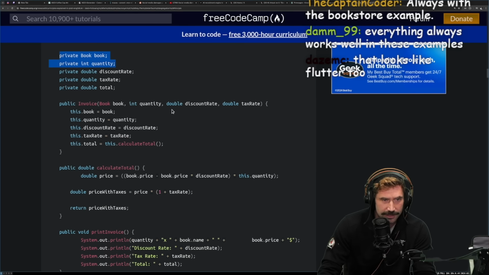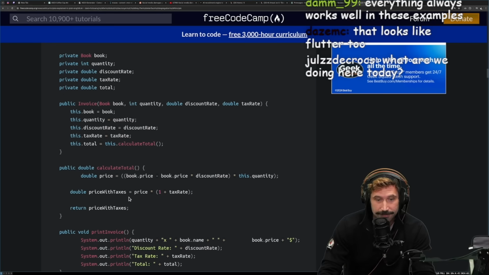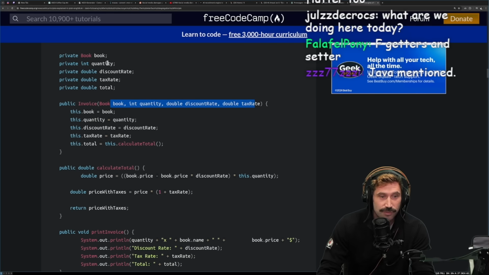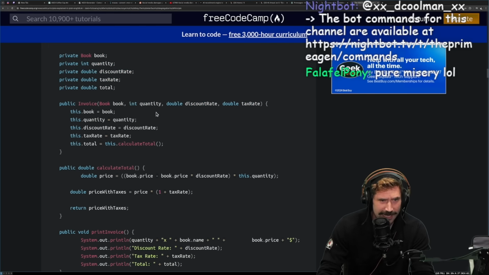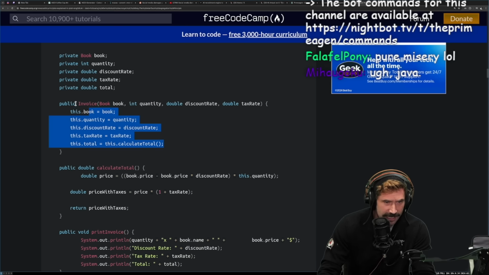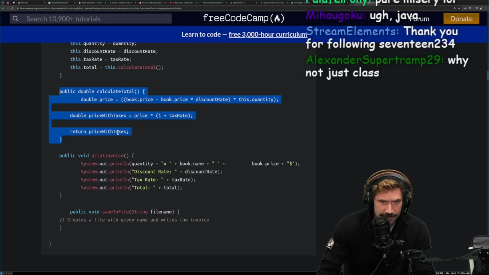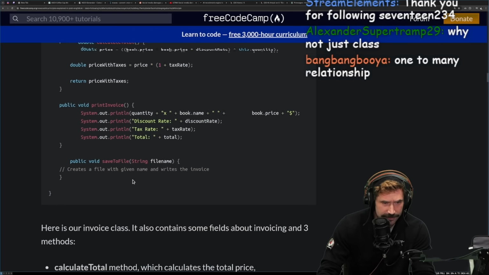All right, we do in here. We have a private book, an invoice. That's kind of wild that you have an invoice for a single book. I'm just throwing that out there. You know, invoices sometimes have more than one thing on them. We have book, quantity. Oh, it's just a book and a quantity. Crazy. What happens if you have more than one book? Anyways, you have this discount rate, taxes, okay, calculate total does all this stuff, okay, print invoice, fantastic, save to